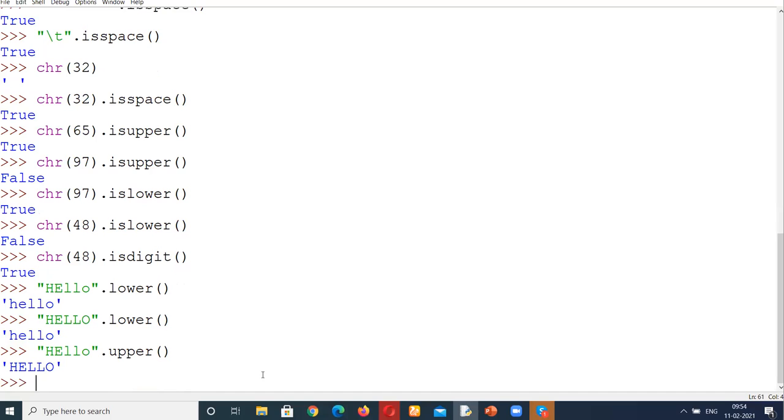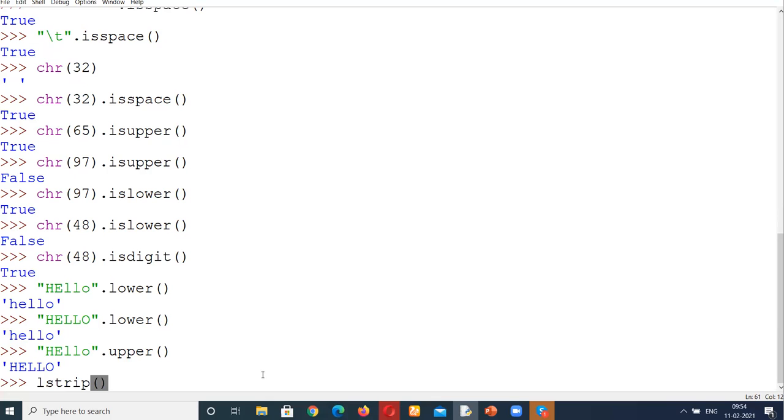I hope up to here everything is clear. Then we have one category in which we are going to discuss 3 more functions today. First is lstrip, then rstrip, and then strip. lstrip means left strip, meaning from the left side you cut, and what you generally want to cut is the space. If you want to remove additional spaces from the leftmost side, then we use the lstrip function.